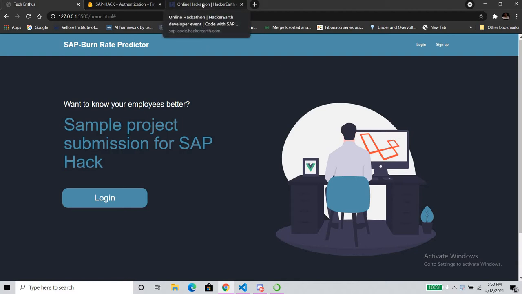My teammates have already explained how the backend works, how they have implemented the machine learning models to figure out which of these employees are burned out and which are not. So as a continuation, let me explain the front end of how we are implementing this. So let us see this website. I have made this website.